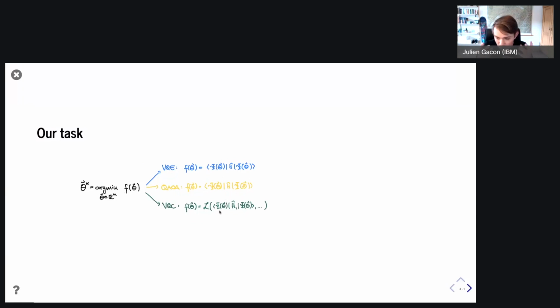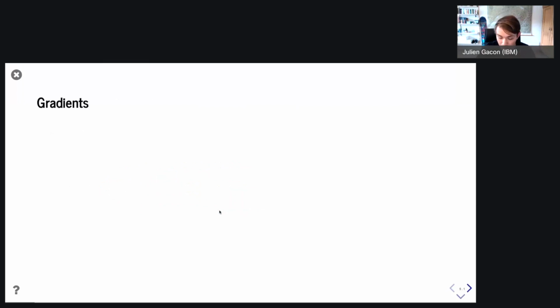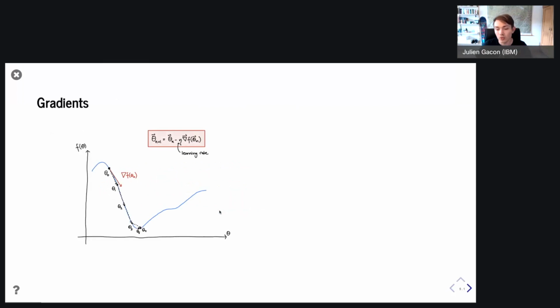And now, how would you minimize a loss function? Ignore the quantum setting for now. How would you minimize this function f? A very widely used and very efficient strategy to minimize a function value is based on gradients. So if you have this function f, sketched here in blue, and you have access to the gradient of the function f, this nabla of f,